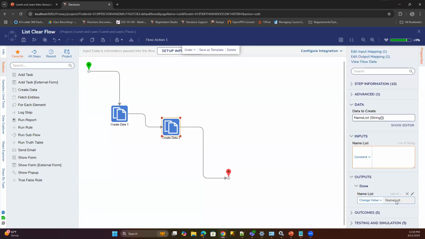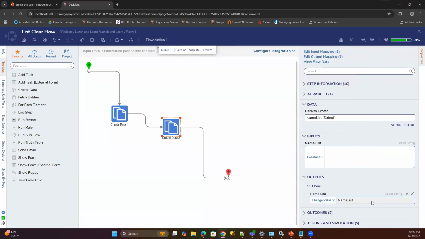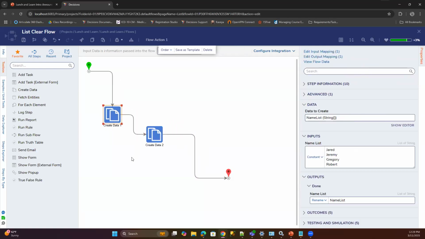So you still have that same variable called name list, but now since it's reached this step, it's holding nothing in it. And this works if you have a complex data structure as well, because you could specifically pick an individual value of that complex data structure. You don't have to just pick that data structure itself. Without any further information, I think this is the simplest way you could do that.